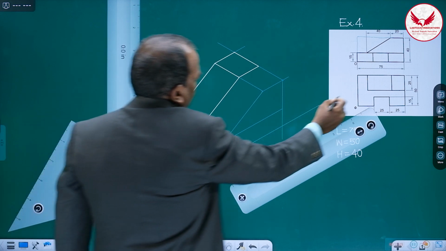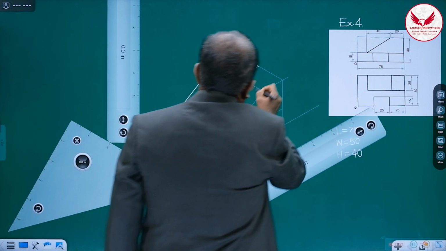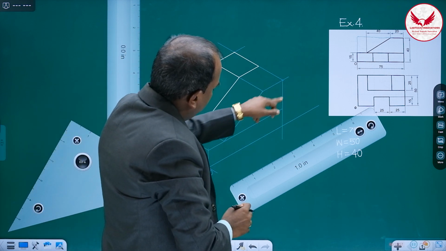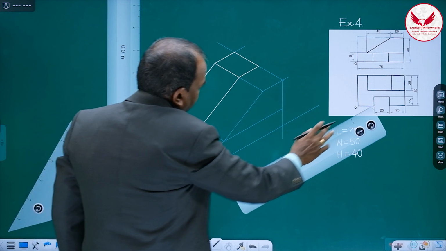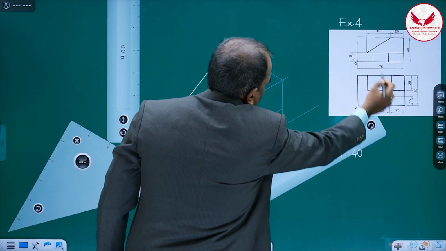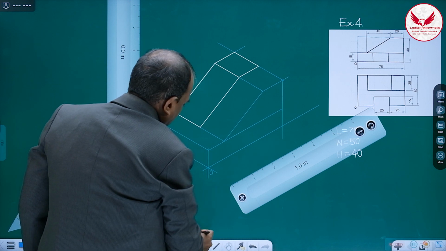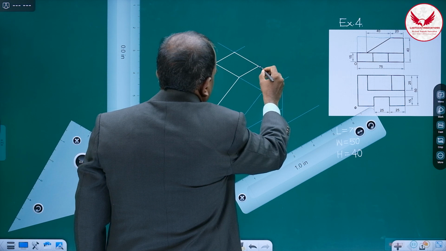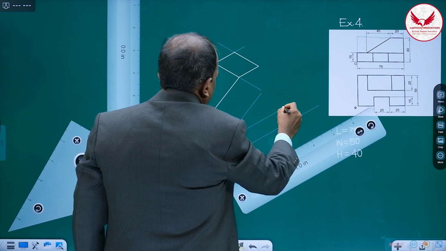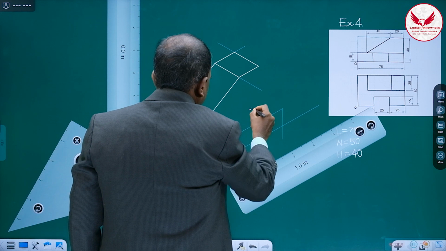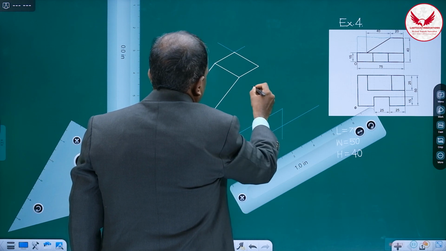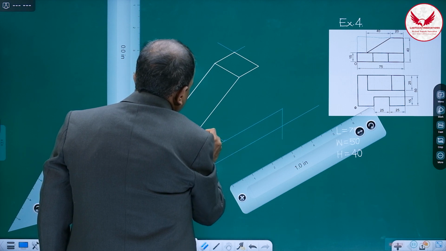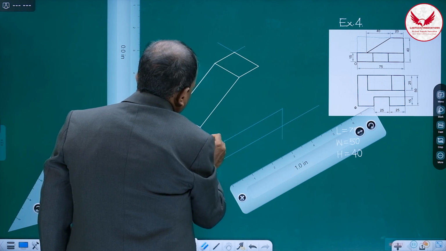This portion means in the top view this portion, and in the front view this portion, it is there, but before it some part is there. So this part if we remove, it will be better, because whatever this portion is there, its height is only 15. Then how we can remove it? So if we remove this, we'll understand in much better way. Even though in the top view it is not existing at all,